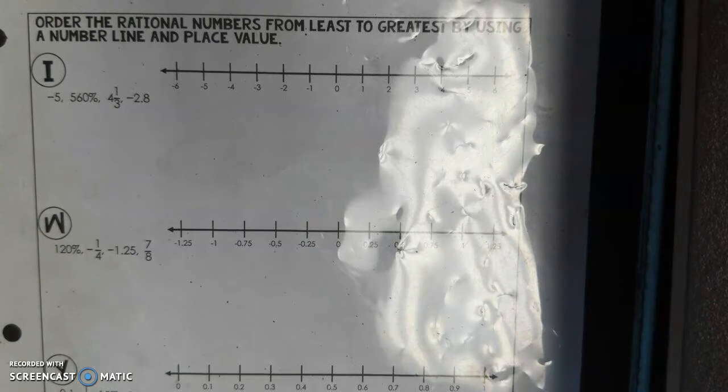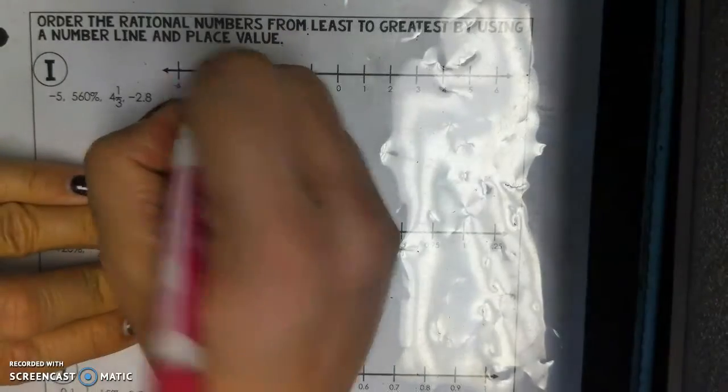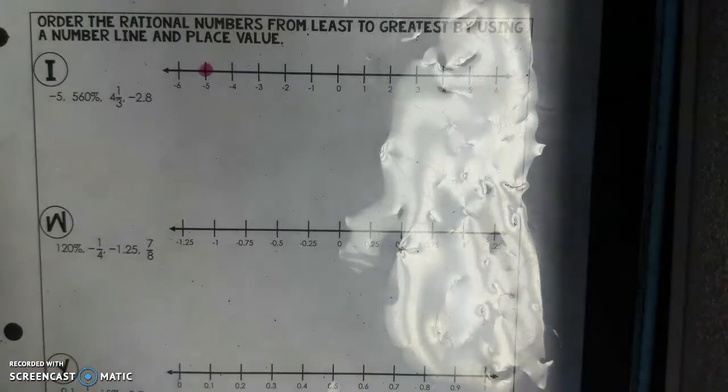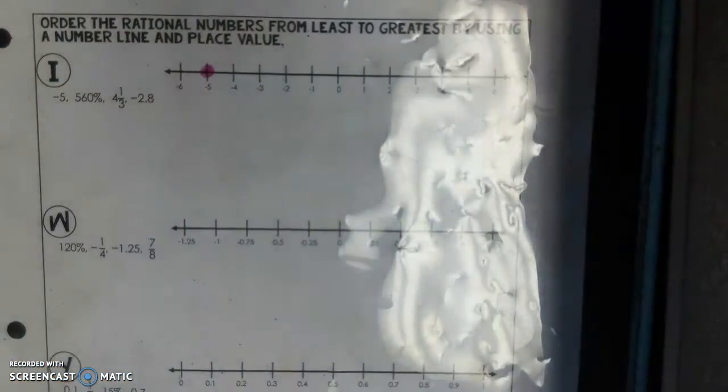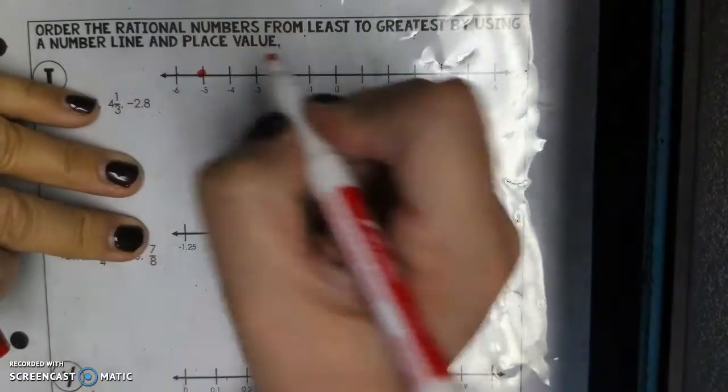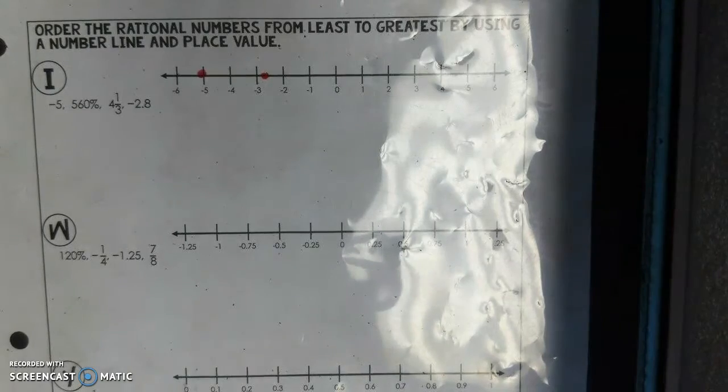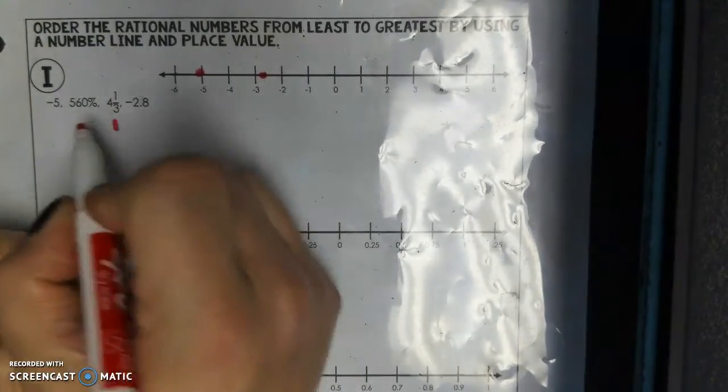All right, going to go through a couple of these. This is order the rational numbers from least to greatest by using a number line and place value. So I've got negative 5, 560%, 4 1/3, and negative 2 8/10. We know automatically that negative numbers are going to be less than positive numbers. Okay, so we can put negative 5 on our number line. And I need a marker that's got a better tip. So I'll put negative 5 on there, and then negative 2.8 would be right about there, closer to negative 3 than negative 2. Okay, so then I've got 4 1/3 and